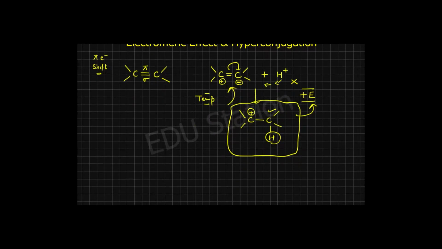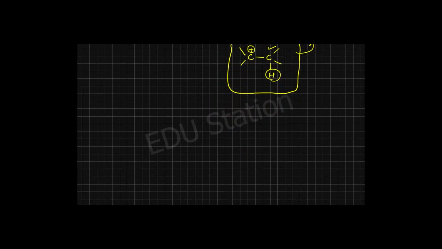Let me tell you the other one. Let's say this is a carbon-carbon double bond and CN negative is attacking on this. Again, due to the presence of CN negative, these pi electrons are taken by this carbon. So, this will be negative, this will be positive. CN is going to attack on which one? The one which is positive. So, you will end up with